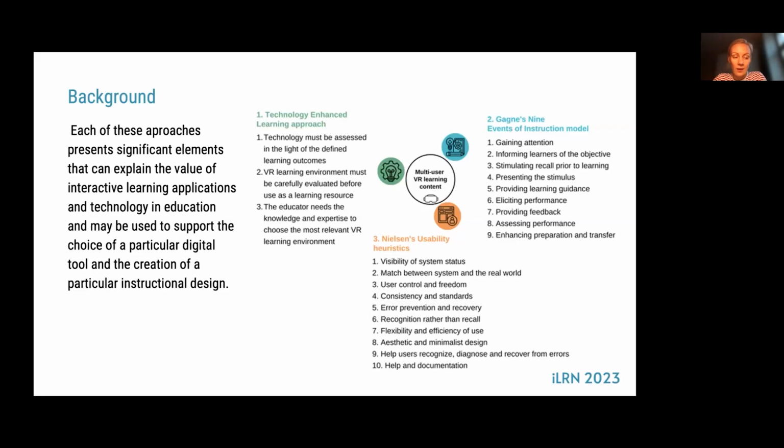And then incorporating these technology-enhanced learning pedagogical principles into this model emphasizes how important it is to design engaging, interactive lessons that are tailored to the needs and preferences of the learners.